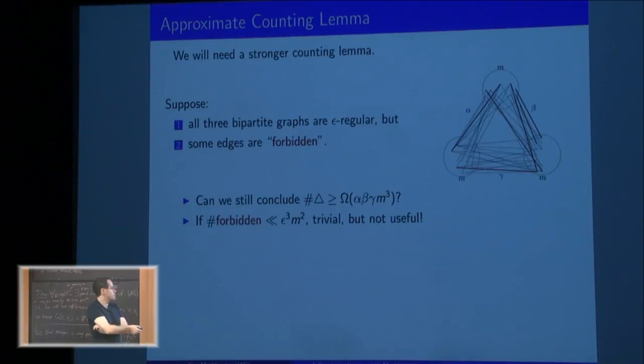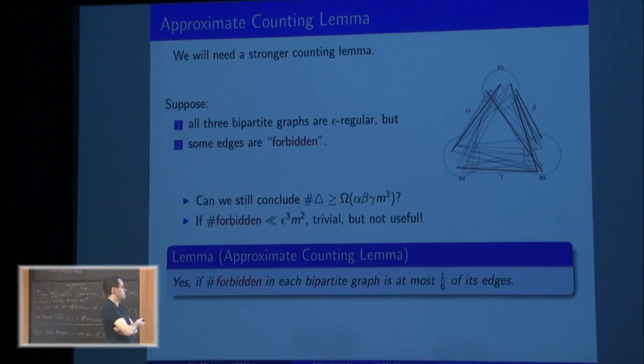And so the thing is that if alpha, beta, gamma are larger than epsilon, then the usual counting lemma gives you tons of triangles, and the forbidden edges forbid a very small number of triangles. So who cares? But actually this is not the case we need to handle. We need to handle the case where you have many more forbidden edges, and here is the statement of the